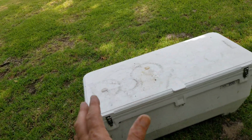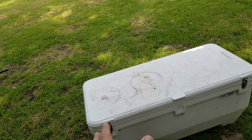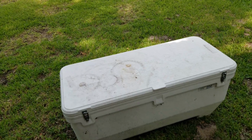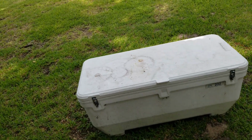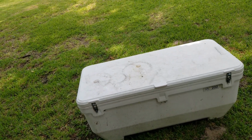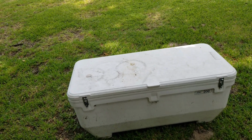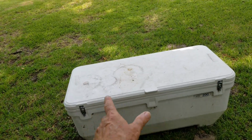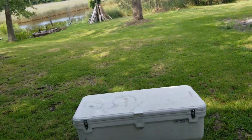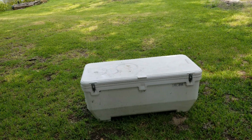And here's the wonderful thing, it fits in the back seat of my car. So where I've been taking 5 ice chests to Texas every year when I go hunting, I'll be taking this one plus, you know, maybe 2 or 3 more. This one will fit in the back seat of my car really well, and it will bring back deer and pig, and it will just be great. And I'm excited about that. 75 bucks, that's like $200-300 when they were selling these ice chests. And evidently it's a really well-known brand and a really well